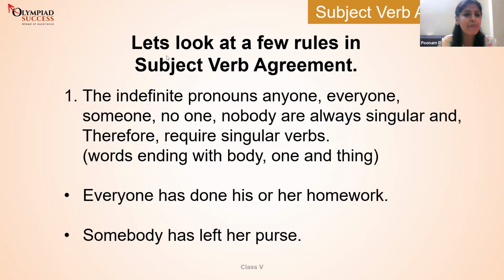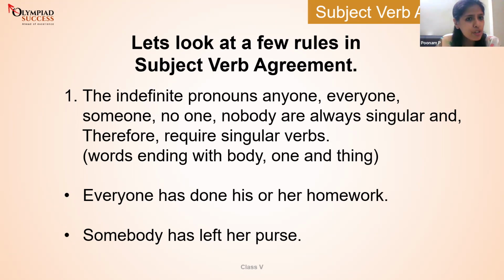We have to keep these in mind while we solve these sentences. There are a few rules that you have to register in your mind, because sometimes the sentences are not as easy as the dog chases, dogs chase. No. Sometimes just recognition of the subject itself is going to be so tricky. So understanding these rules will solve those problems.